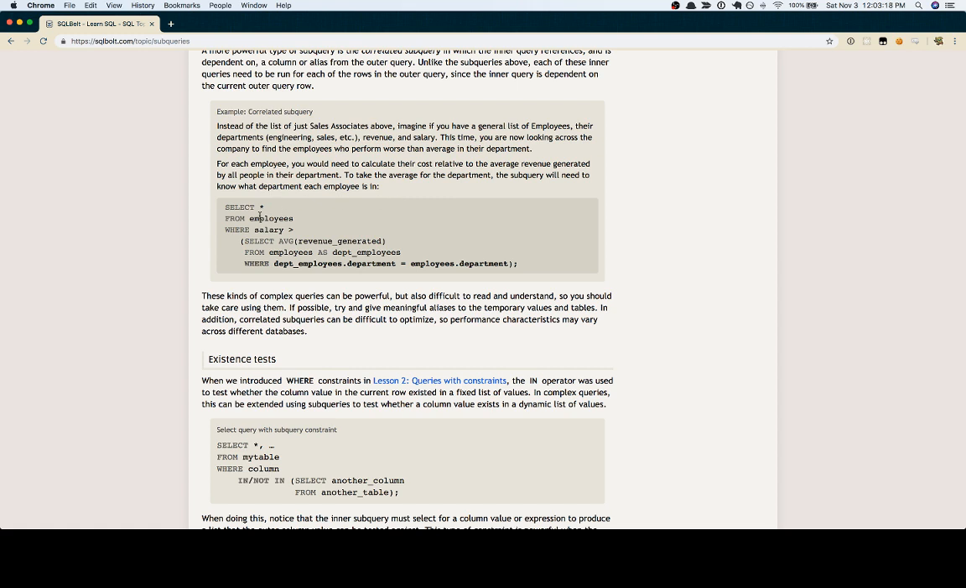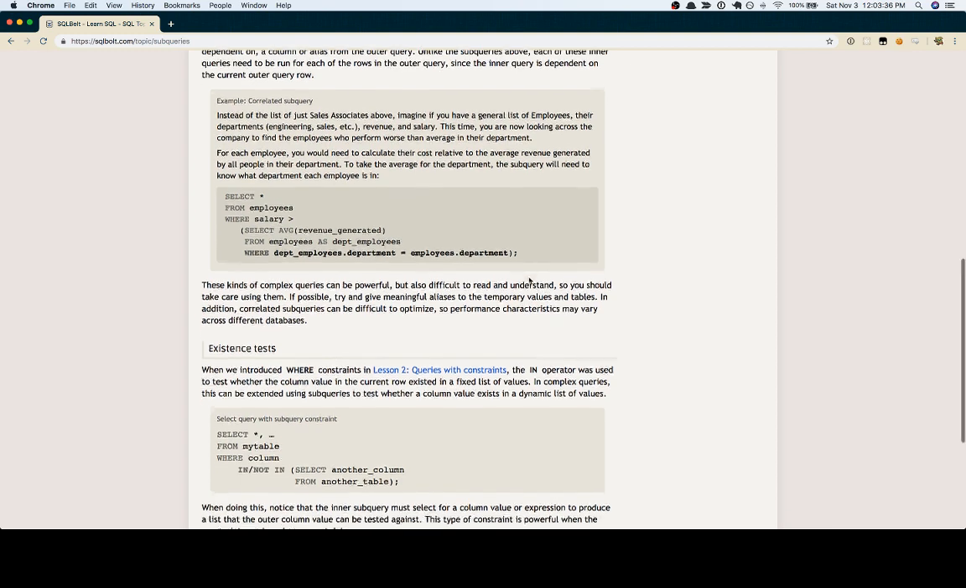SELECT * FROM employees WHERE salary > (SELECT AVG(revenue_generated) FROM employees AS department_employees WHERE department_employees.department = employees.department)